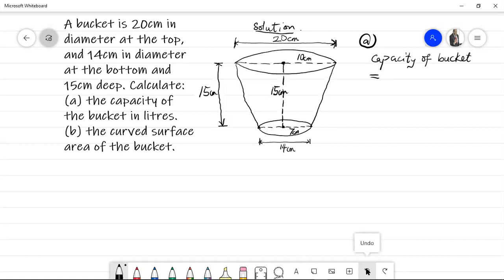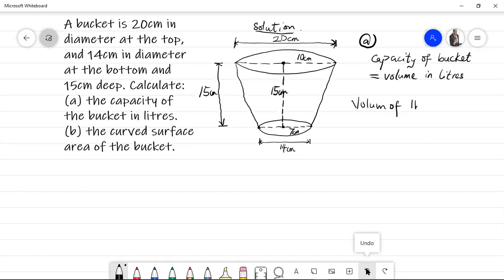So we can write that down. You know you can calculate volume in centimeter cubed, but once you convert centimeter cubed to liters, you're already talking about capacity. So in other words, what we are really looking for is to find the volume